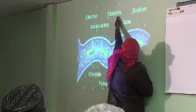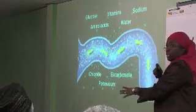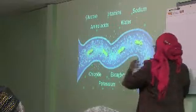Amino acids, vitamins, and glucose are huge as far as structure goes. They've got a lot of atoms bonded together to make large structures, large molecules. We actually call them macromolecules. Water